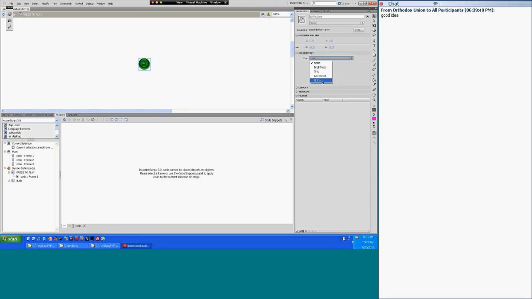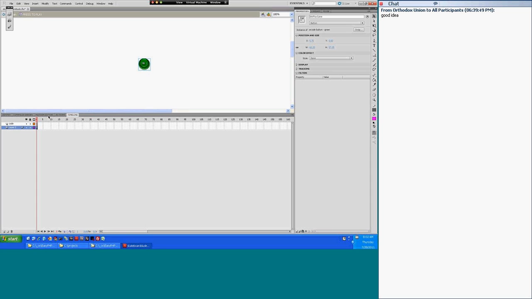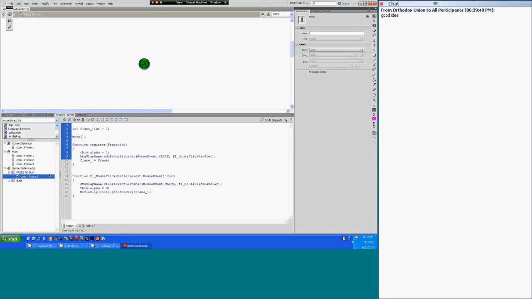And so any object, graphic, etc., you can change the color effect by making it disappear. It's always there, but you just don't see it. So I'm actually going to put it back to none again. I'll click on color effect and put it back to none. But any type of symbol, any symbol you can actually